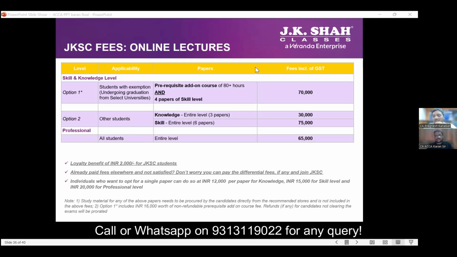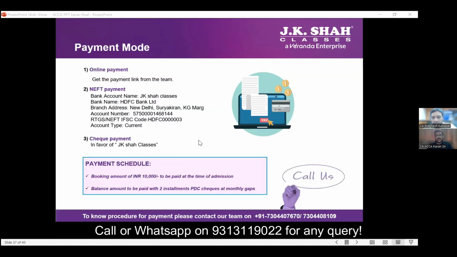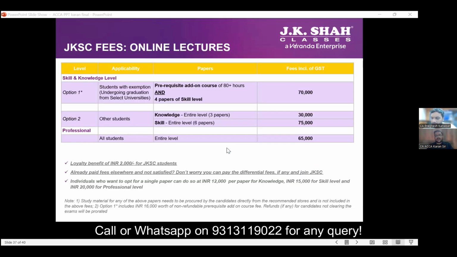Even if you enroll for 1 or 2 subjects, all the benefits of approved learning partner will be given to you. Don't worry. But I would say that enroll for the entire package. It helps you throughout, and also gives you re-exam support, so it is better. For 1 or 2 papers, they will not be able to give re-exam support. You just have to pay 10,000 immediately for enrolling, and the balance you can pay with 2 post-dated cheques. All right, sir.